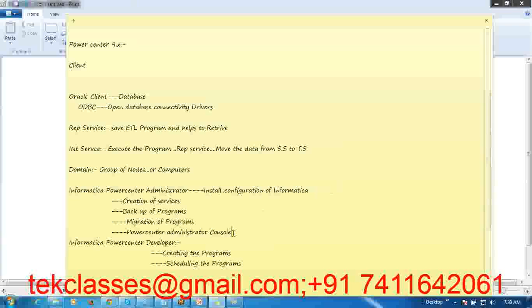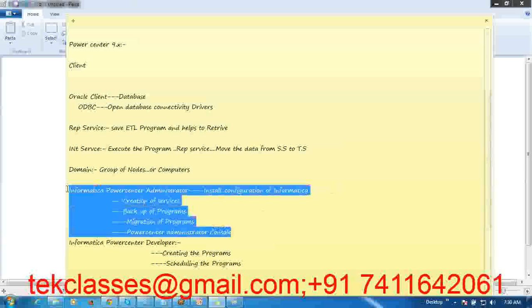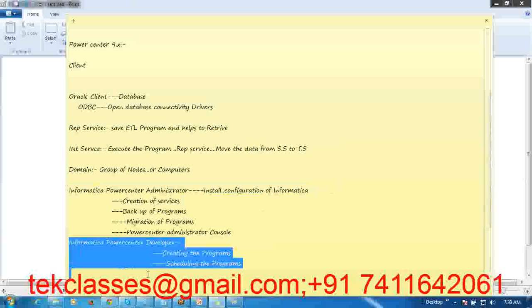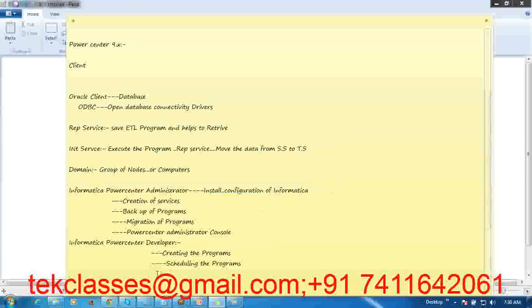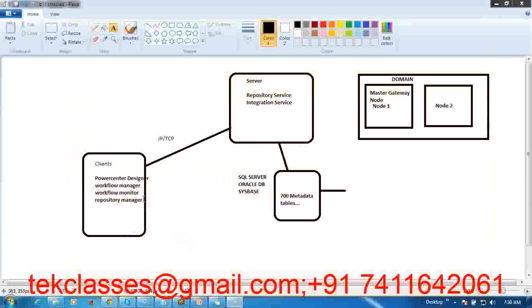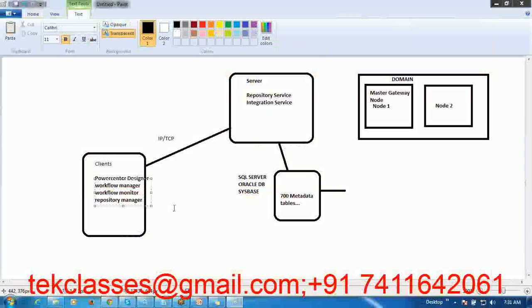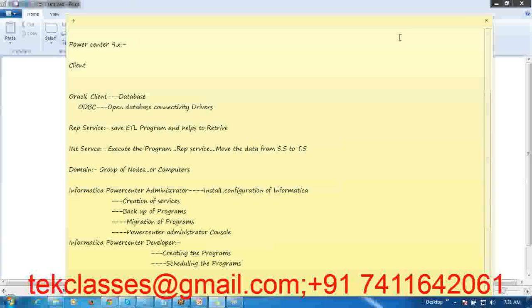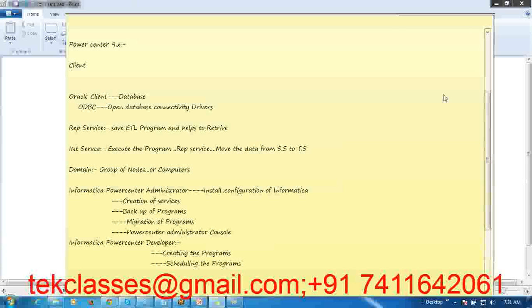The Administrator will perform all these responsibilities, and the Developer will create the programs with the help of all four client tools that we have discussed. So that's about the